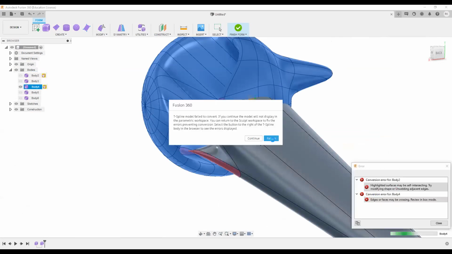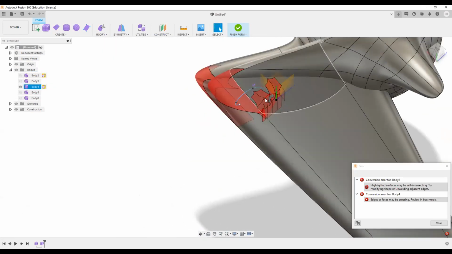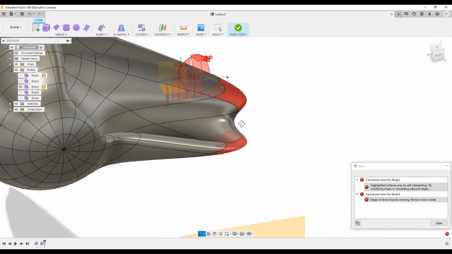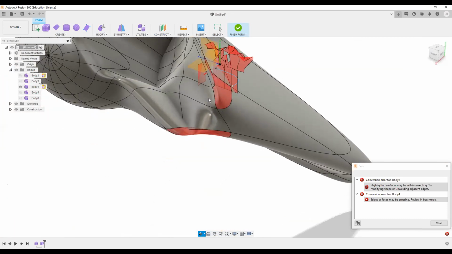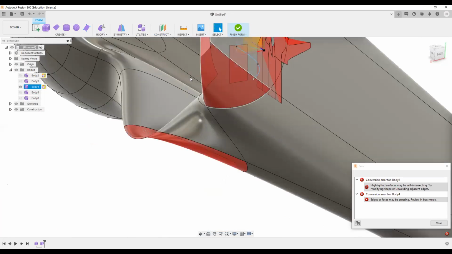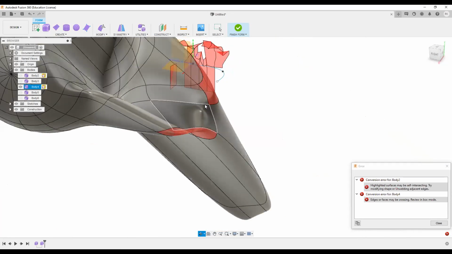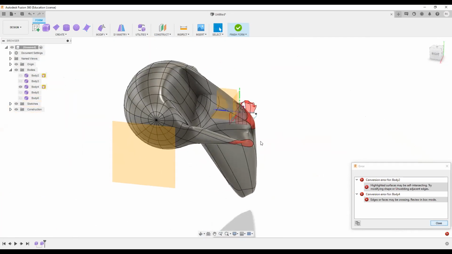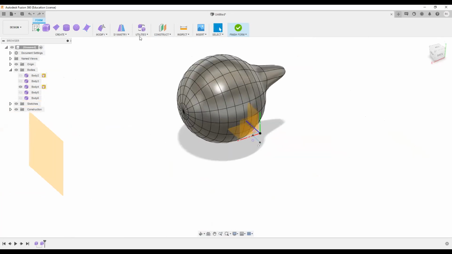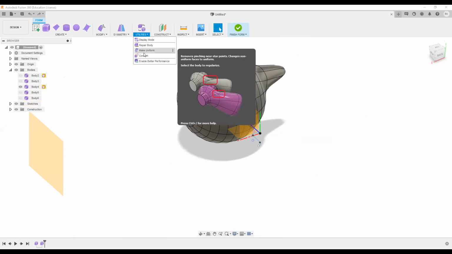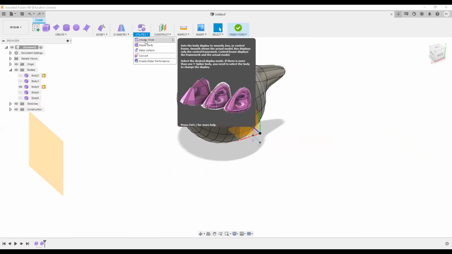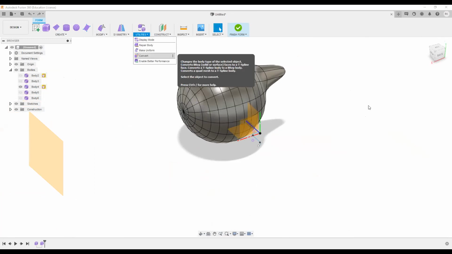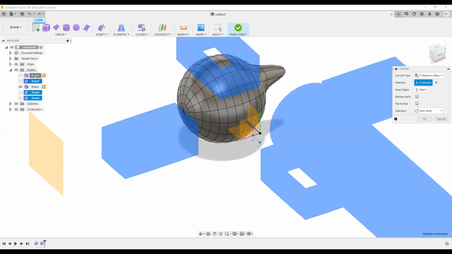Still I'm getting an error. So I'll have to try it again and again, and I'll have to make sure that this particular surface or any edges in this T-spline body are not intersecting with other edges or other faces. So I'll have to do a trial and error method. I have to change it again and again to make it clean, or to get it converted to a mesh B-wrap body, that is a 3D body, 3D model. Now let me delete all the remaining bodies.